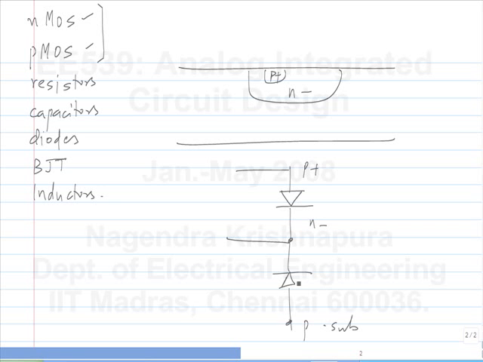But you rarely use diodes as diodes in IC design. Okay. If you want a diode, what do you do? You short the base and collector of a bipolar transistor. Why do you do this? Why not use a diode? Even in a bipolar transistor process, even when you have bipolar transistors and diodes, you prefer to make diodes using bipolar transistors. Why is that?